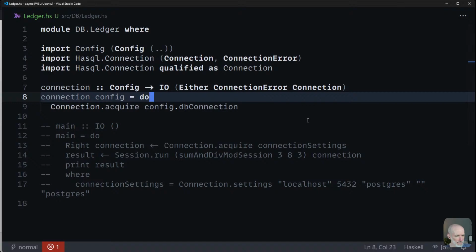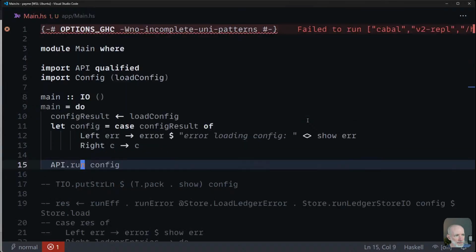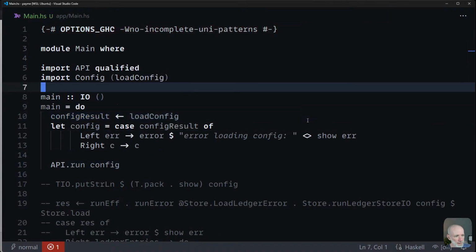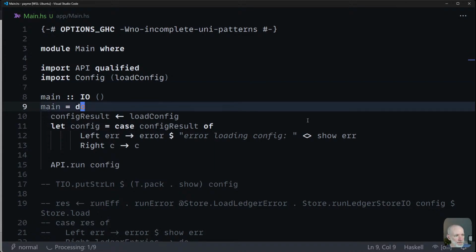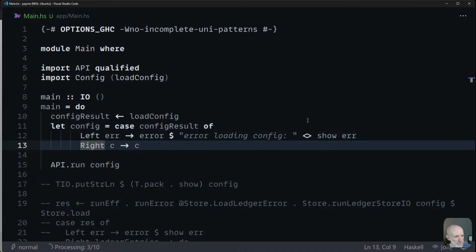Okay, that should be enough for us to connect. In theory, we won't use the connection yet, but it should give us a connection. So if we go back to main and restart the LSP because it got unhappy when Cabal got out of sync. We have the config,